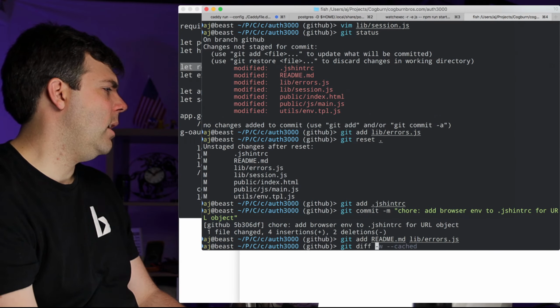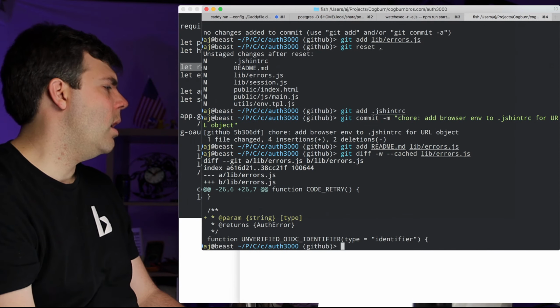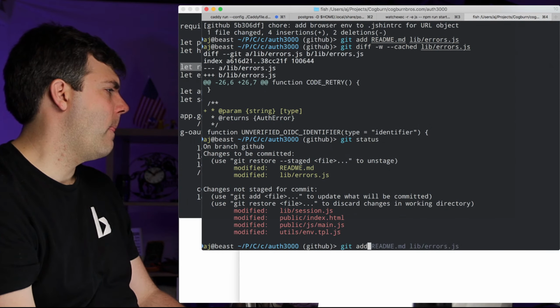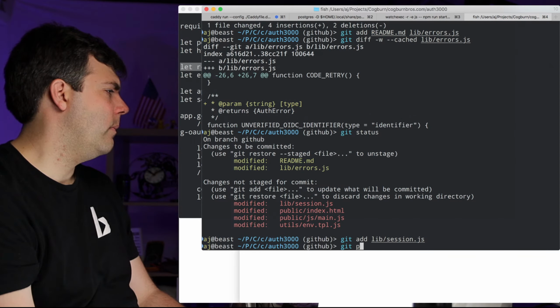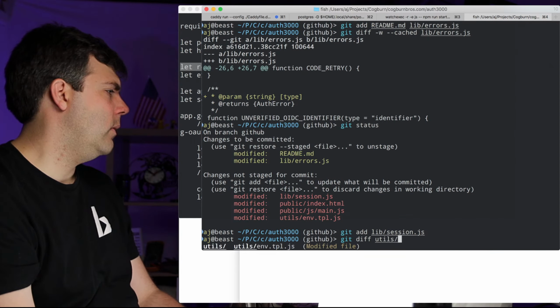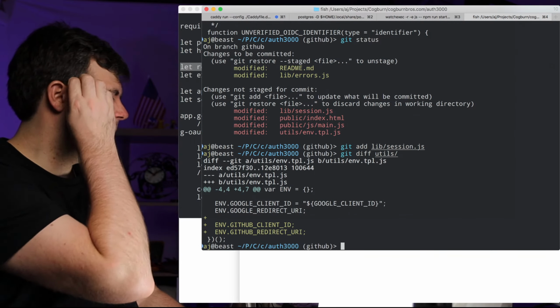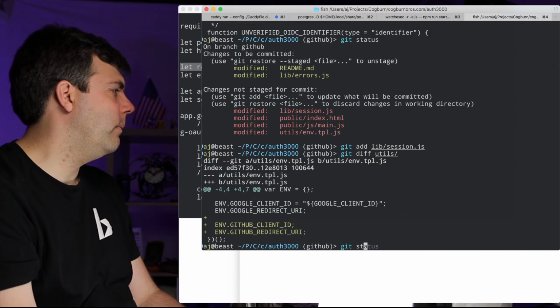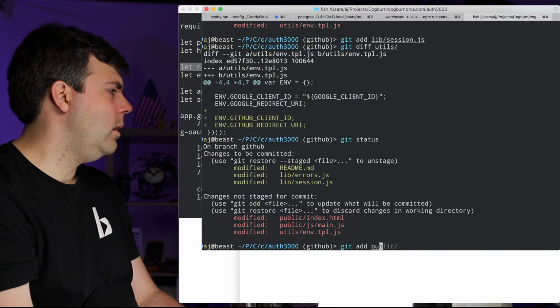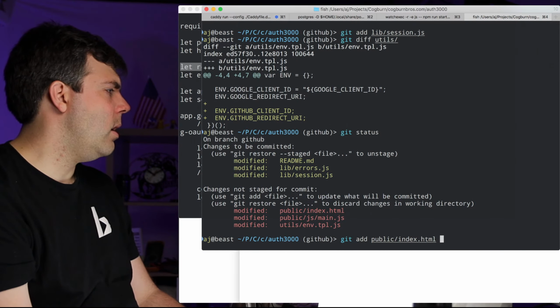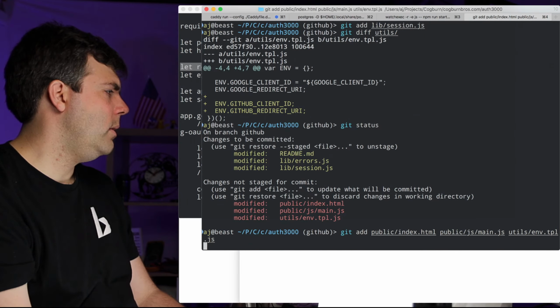Wait, what did I change in errors? Did I change anything in errors? Oh, yeah, I did. Okay, cool. That's fine. Just a little thing. Session. Diff utils. Yep. Redirect URI. Got it. Looking good. So pretty much all of these changes were for the purpose of